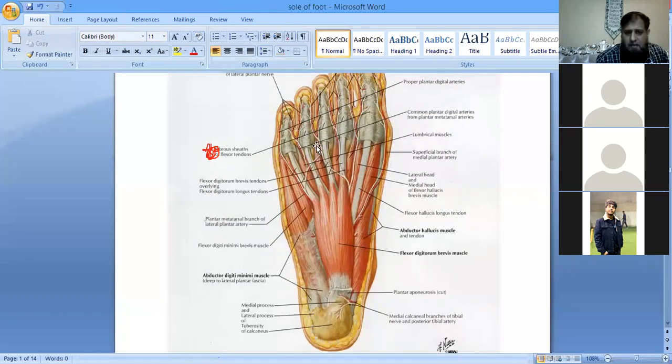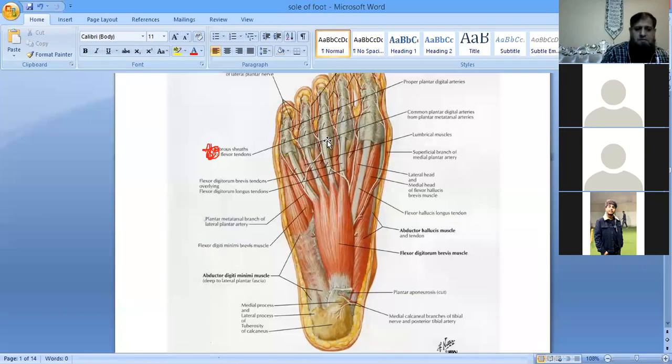वो यहाँ पे आके यहाँ पे अटैच हो जाएगी. जो डीपर स्लिप है वो अगेन 2 में डिवाइड करेगी, ठीक है? And it is going to be attached on the sides of the flexor sheath, and it is going to embrace the long flexor tendons. Clear? To hold the long flexor tendons in position before entering the fibrous flexor sheath. Is it clear बच्चे?